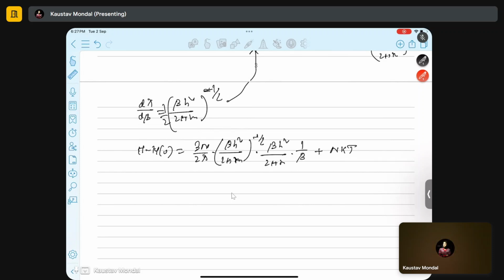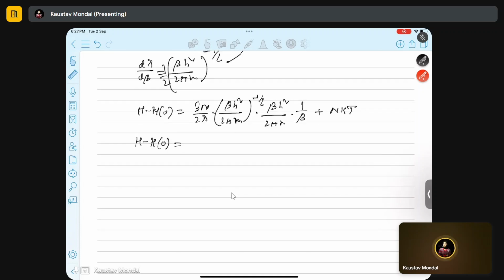You can see there are a lot of terms that will cancel each other. If you cut those terms, the whole expression will become